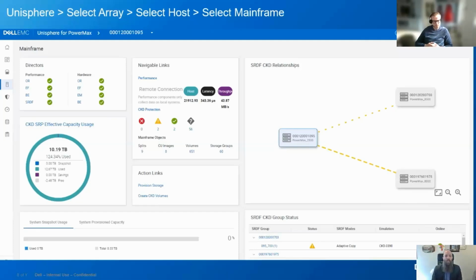On the far right hand side, we have SRDF CKD relationships. There's a source box, and then in this example, there's two target boxes. We color code the links between the boxes to give customers an indication how replication is performing. If the links are all up, they're green. If some of the links are up, then they're yellow. If none of the links are up between the boxes, it would be red. And all of these different objects within the mainframe dashboard, you can click on and sprawl out within Unisphere to